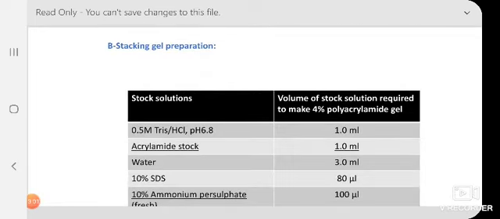Now, once I cast the gel in between two glass plates, I had shown you in my last lecture how the gel looks like. So in between two glass plates we have cast it, keeping the top part a little empty. In that part we generally keep some alcohol so that it should not dry. Okay, so the bottom part gets solidified. After that we decant the alcohol and then we cast the stacking gel.